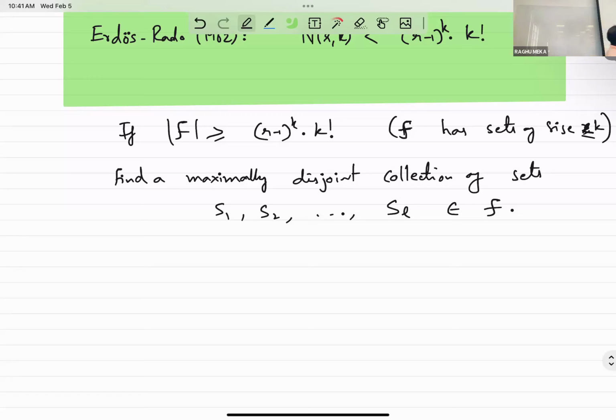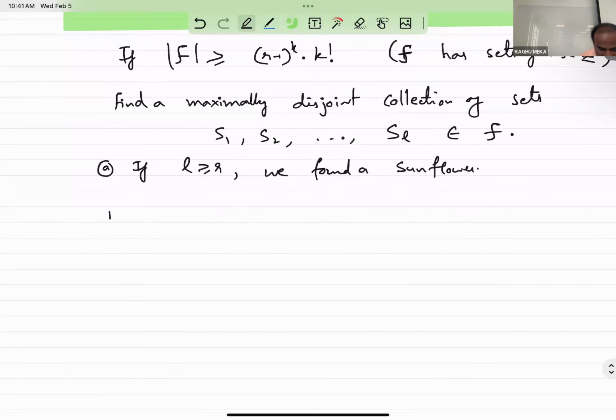At some point, you have to stop. If L is bigger than R, or at least R, then you're done. Okay, you have a disjoint collection of sets, so they form an R sunflower. If L is greater than or equal to R, we found a sunflower. Right? I'm just rewriting the same thing from last time, but we're going to try to make it better. If L is less than R,